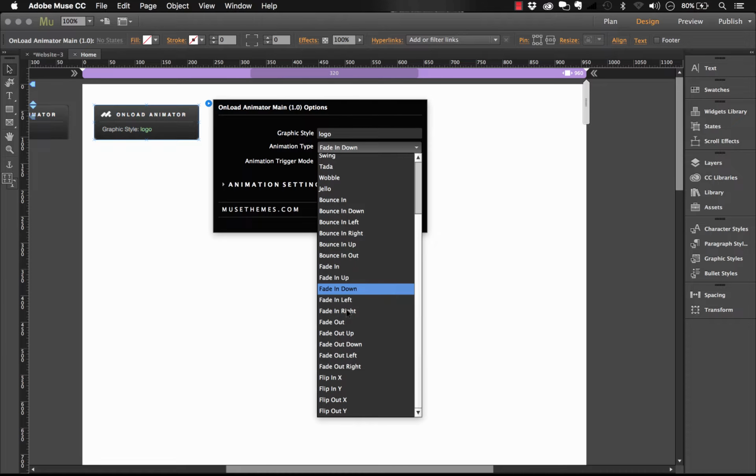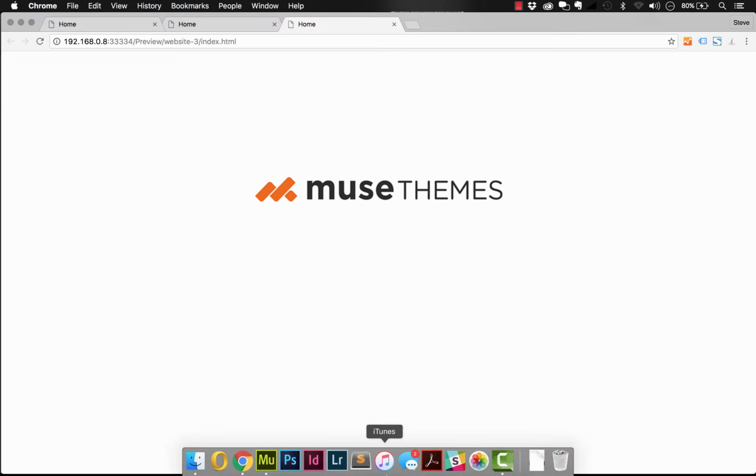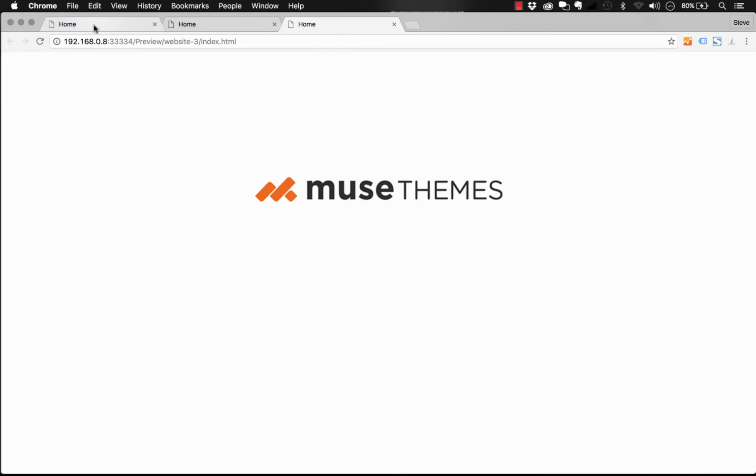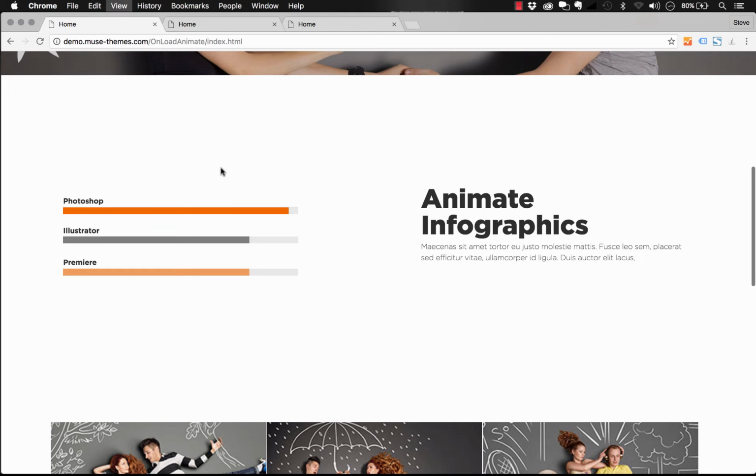And let's go with something like fade in right and preview that again. So when I scroll down to the element, you can see it's coming in from the right. Now, one thing I want you to notice on this element is that it's coming from basically the right side of the browser. So, for example, if you wanted to create an effect that looked, say, like these bars animating in,